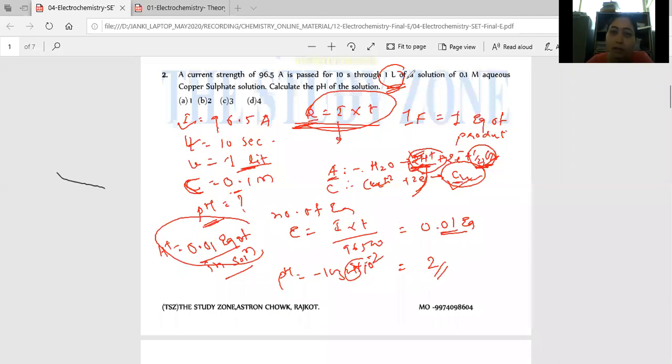Right? Again, take care. Concentration is not at all required data here. And secondly, if I change the volume in the question, accordingly the normality of ions, it means the normality of H plus, will change. So accordingly, our answer will change. But this is again a good question, right? A question regarding Faraday's second law. It's a good question. Now let us see the next question.